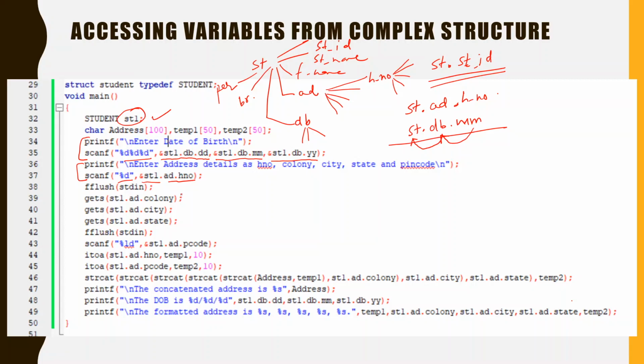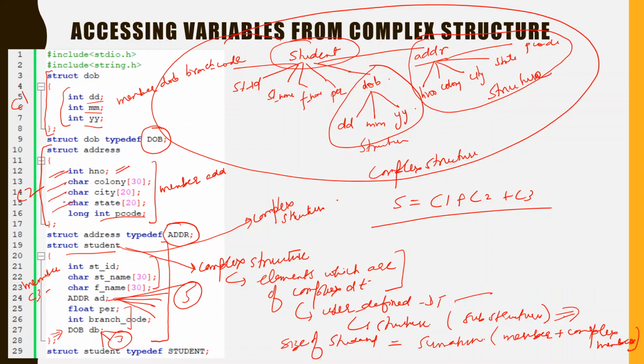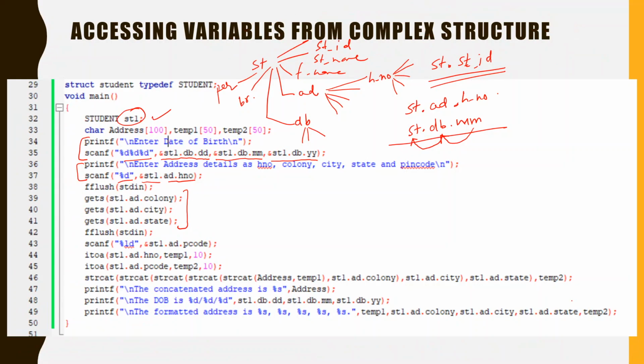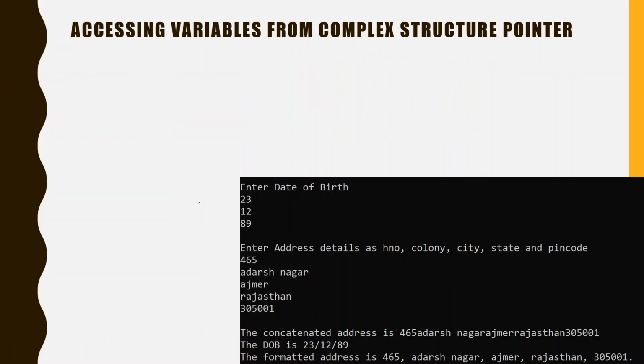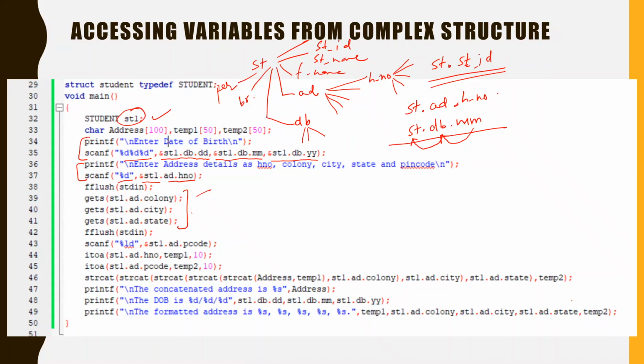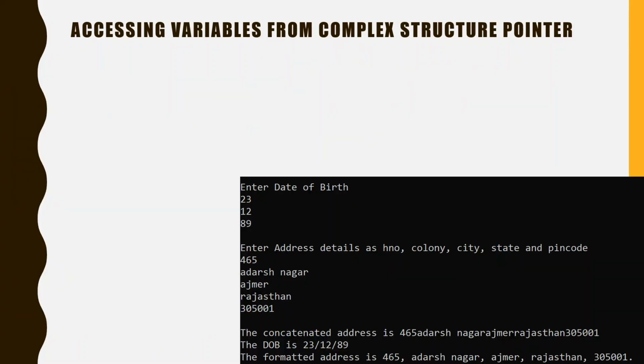Okay, here to get the remaining address of the student, we have used gets, because these three are the character arrays from lines 13, 14, 15 you can see. And here we have taken input the colony of the student, the city of the student, the state of the student. Here you can see the input that the date of birth from statement number 35 is taken input like this, with the help of three percentages.